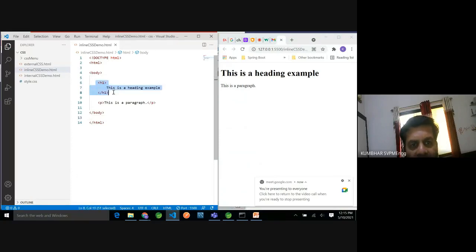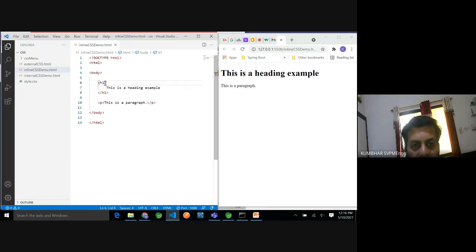This is the heading, H1, so it is very bold because it gives more emphasis to this heading and its contents. Now I want this heading to be in some color, so I want to apply the style color to this heading.